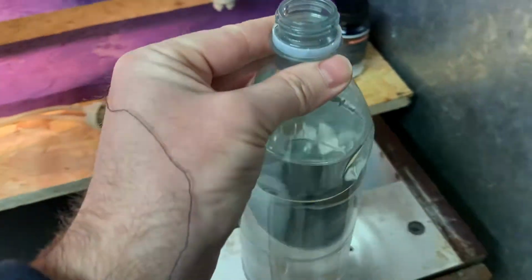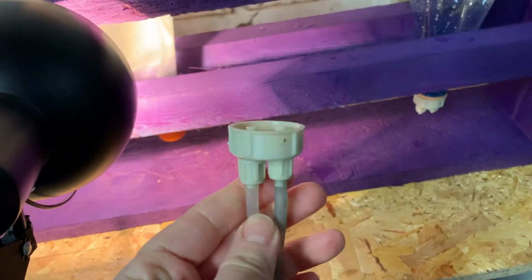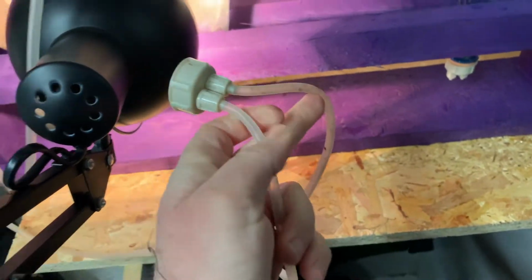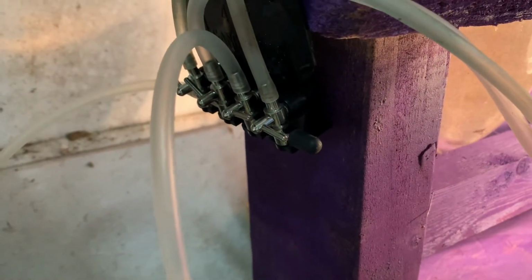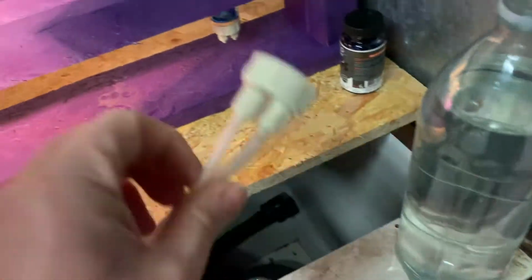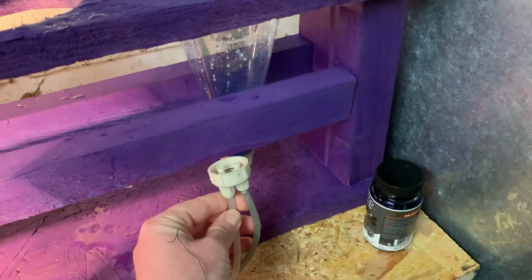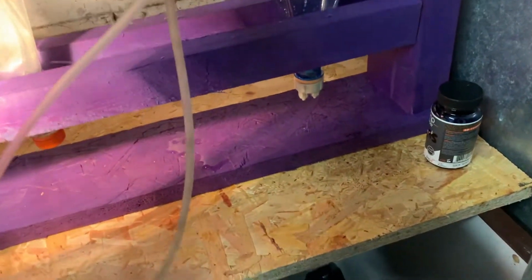So what I'm going to do now is set up a fresh one, and I have got ready one of the CO2 connectors. So I've just pushed in the tubing, and the plan being, obviously they're coming off the unit there. So once that's on there, I've got air going in straight from the bottom, so the eggs won't accumulate at the bottom. And then the second